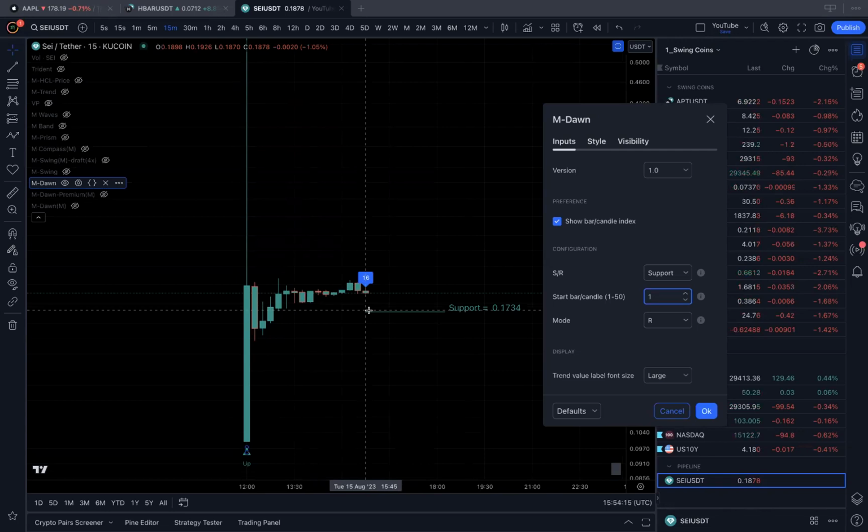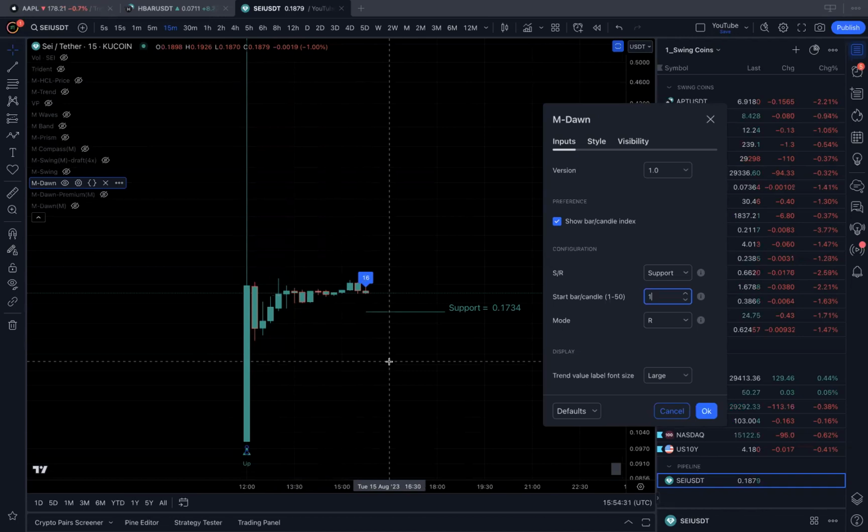Very simple. So this is the real advantage of MDON, where no other indicator can provide you the support, and you get the support and can actually trade or use it the way you want. Now assume that it breaks down. Where would you put it? Then you want to know the resistance, because you want to know from where re-entry is possible, where the reversal might happen.